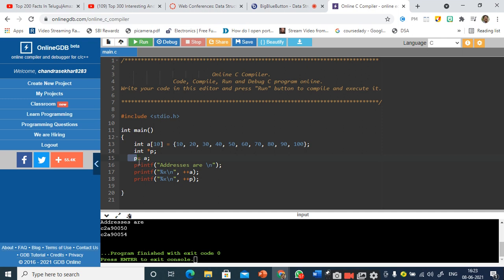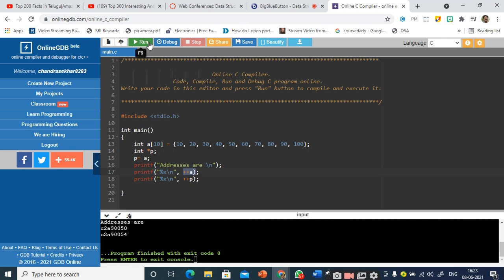When I increment the pointer variable, it points to the second location. When I increment it again, it points to the third location. Like that, you can apply the increment operation on pointers only, but not on the name of the array, even though the array name is storing the address of the array. This is the important point you should remember.